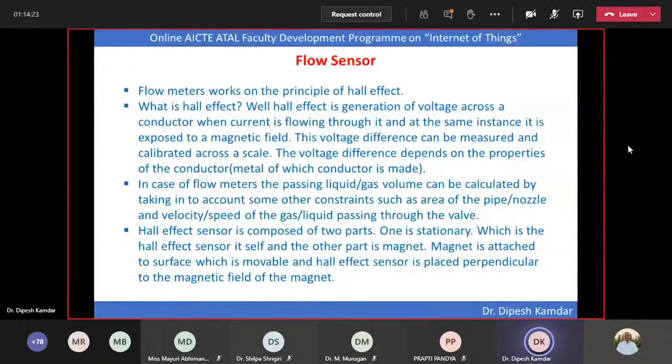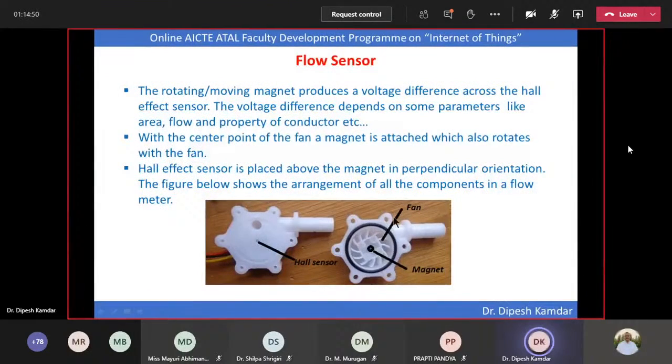A Hall effect sensor is composed of two parts. One is the stationary part, which is the Hall effect sensor, and the other part is a magnet. The magnet is attached to the surface which is movable, and the Hall effect sensor is placed perpendicular to the magnetic field of the magnet. So this is basically the normal structure for the